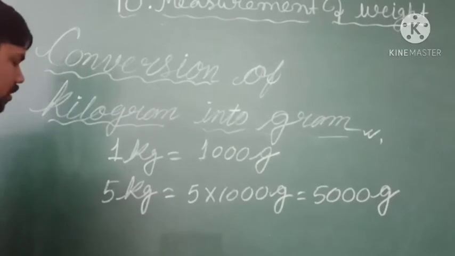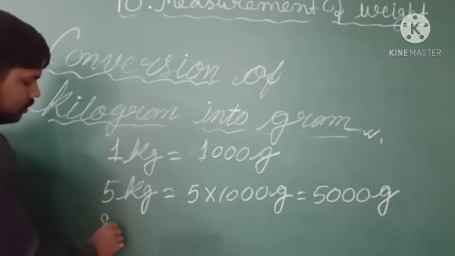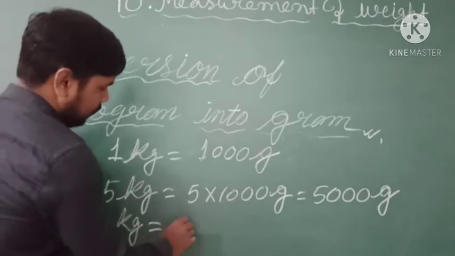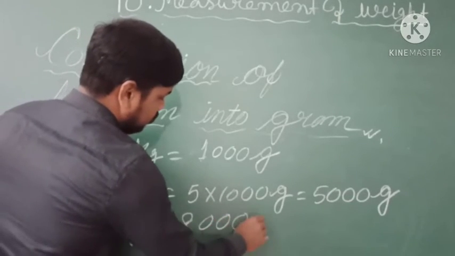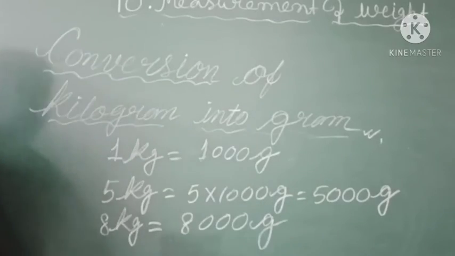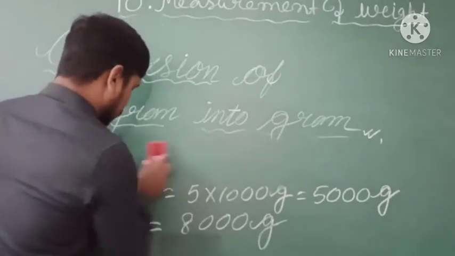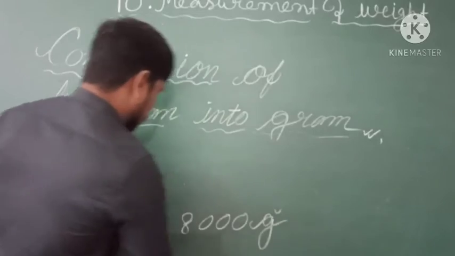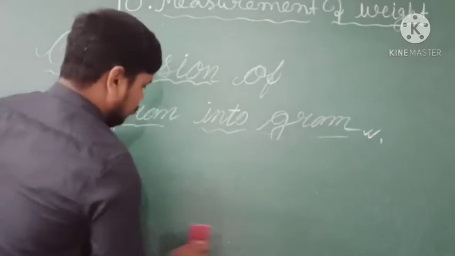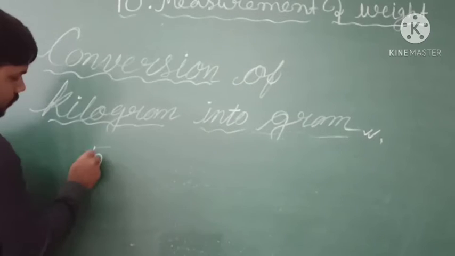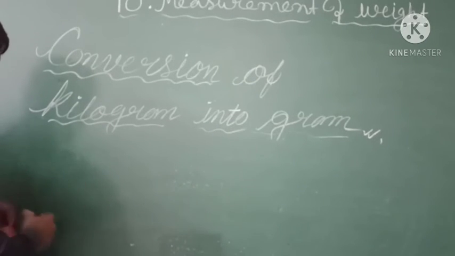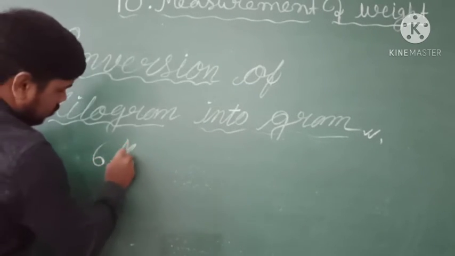In the same way if it is asking 8 kilogram, this will be 8000 gram. But suppose both together now, kilogram and gram, then how can we convert? Suppose 6 kilogram